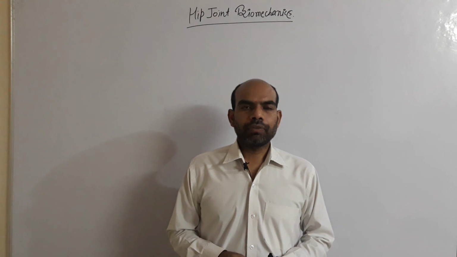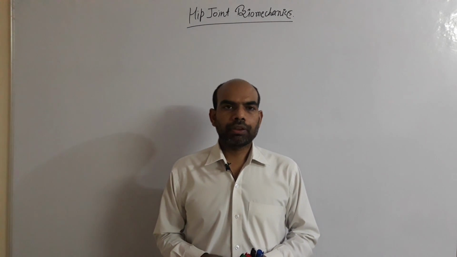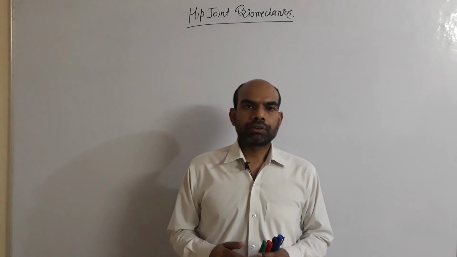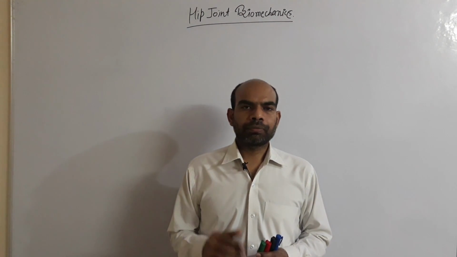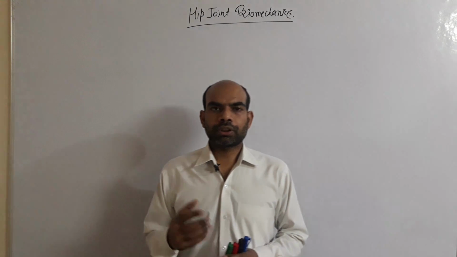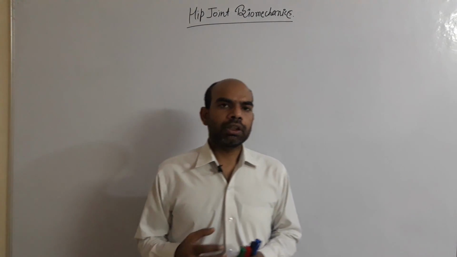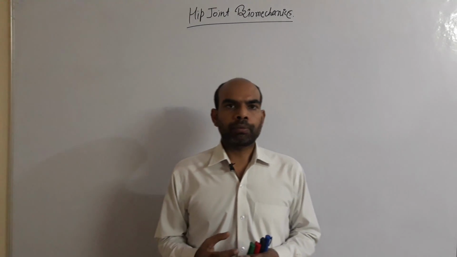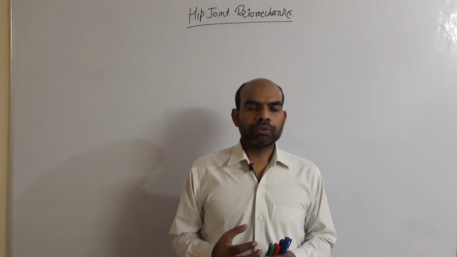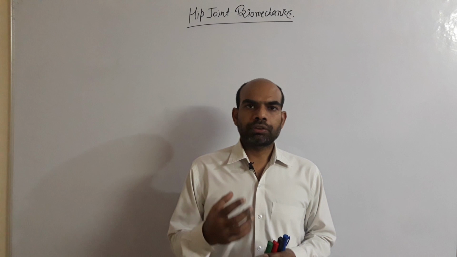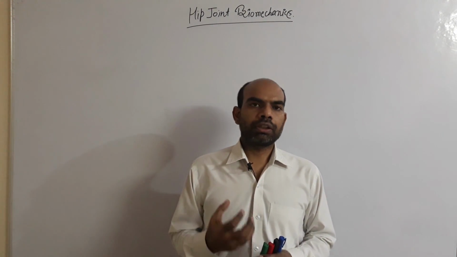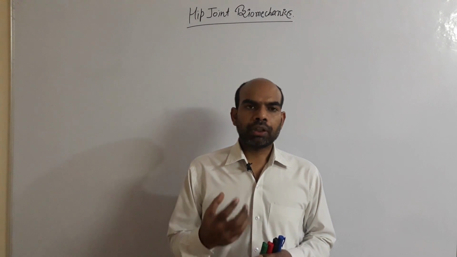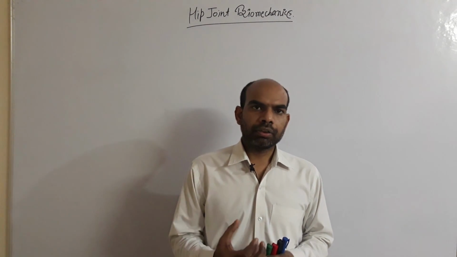Dear student, today we are going to discuss the biomechanics of the hip joint. The hip joint is a classical example of the ball and socket variety of synovial joint. Because it is a synovial joint, it contains ligaments and a capsule. As a ball and socket type of synovial joint, it has two articular surfaces, one convex and the other concave, one articular surface is formed on the femur and the other on the